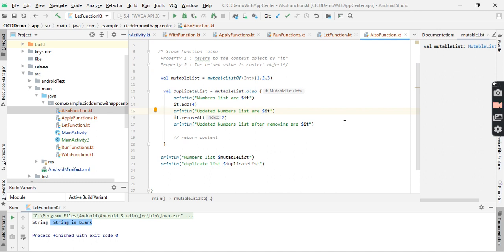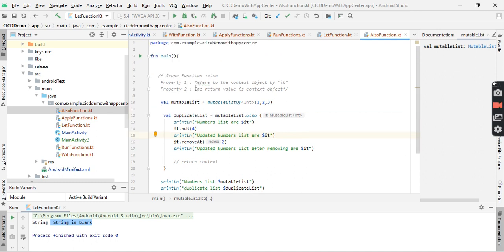Another property is that the return value is the context object, so it will return the same context of the mutable list. So mutable list and duplicate list are the same, as you can see when I run this program. Because also is the same type of function as apply, run, and with, but the thing to understand is that also is used to perform operations on a property.